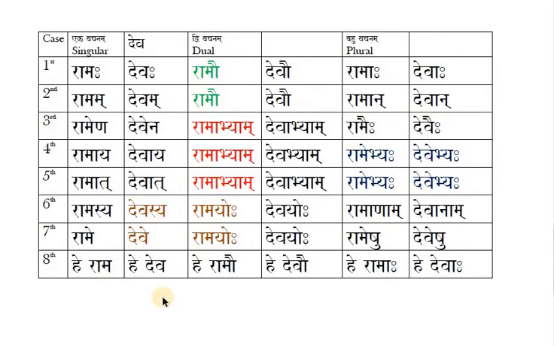Okay, I am speaking a sentence. You people will tell me what will be the Sanskrit word for this particular English word. I brought fruits for Rama. Which word will you write for Rama? Ramaya. Excellent. Ramaya. Alright. I brought fruits for Rama. You said Ramaya. That's true. That is the fourth case, representing for Rama.